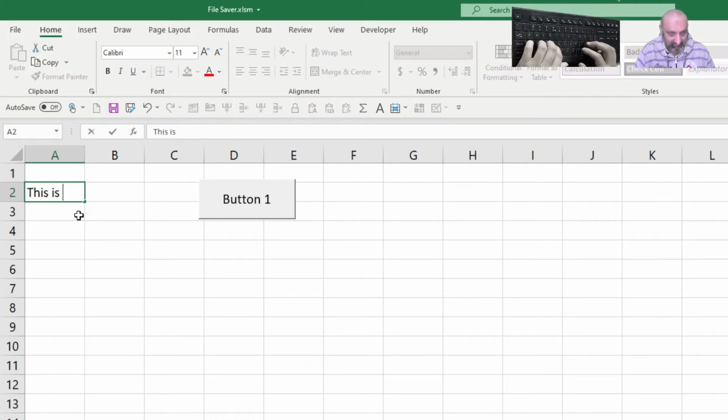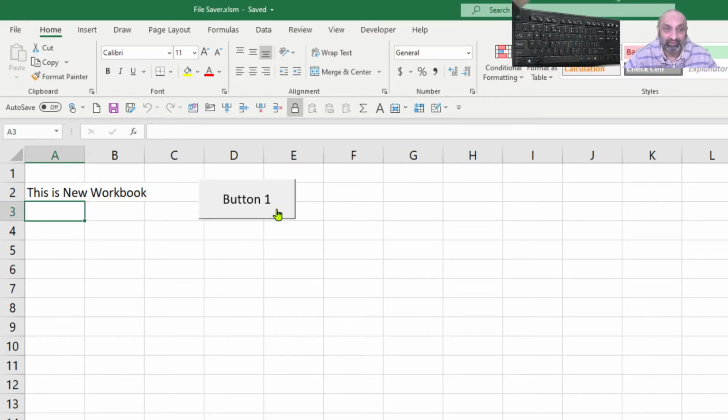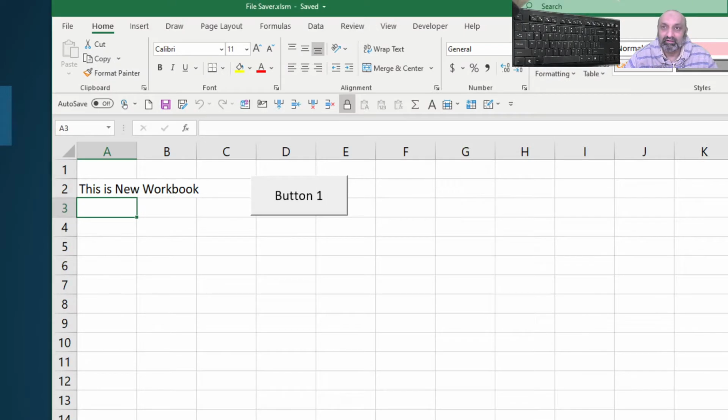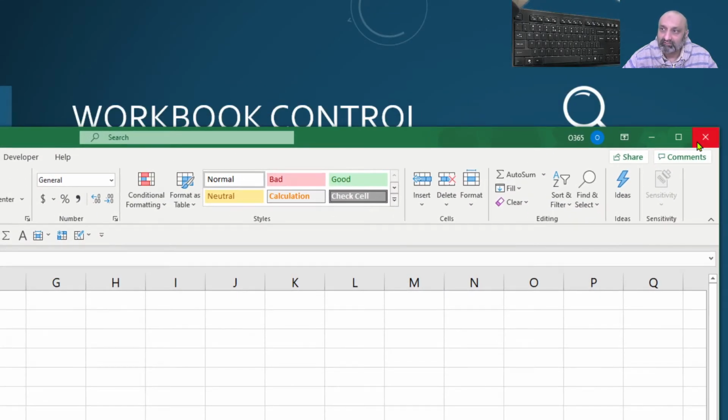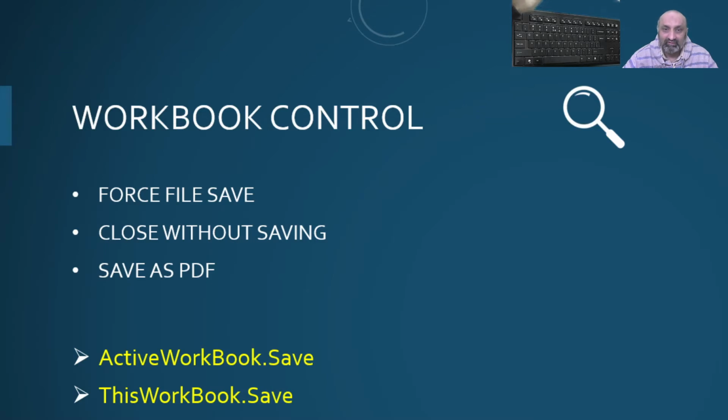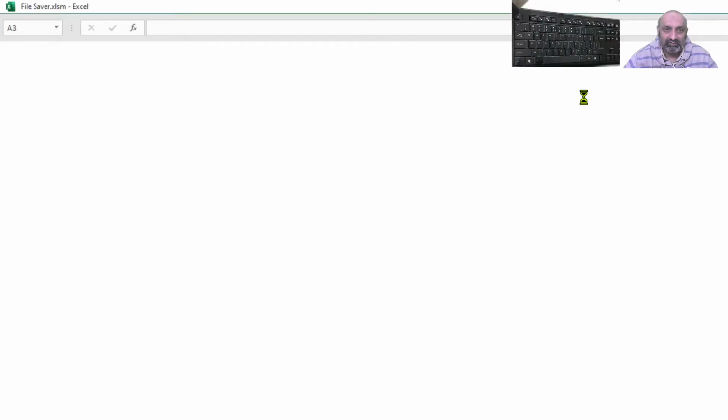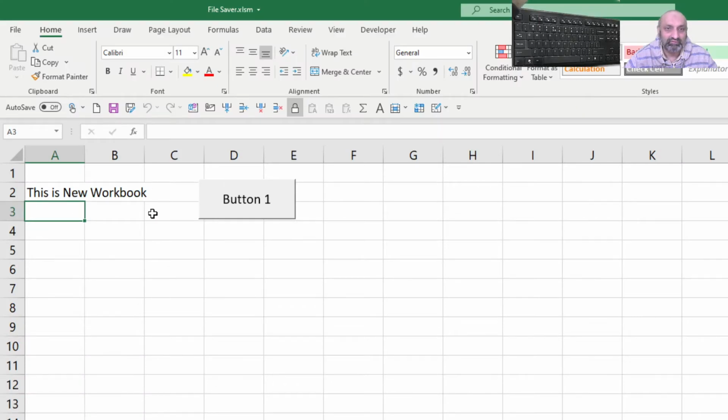This is a new workbook, and let's save it, and then you can see this, right? And there's close. Excel is not asking whether to save or not, and if I open it, my changes are saved.